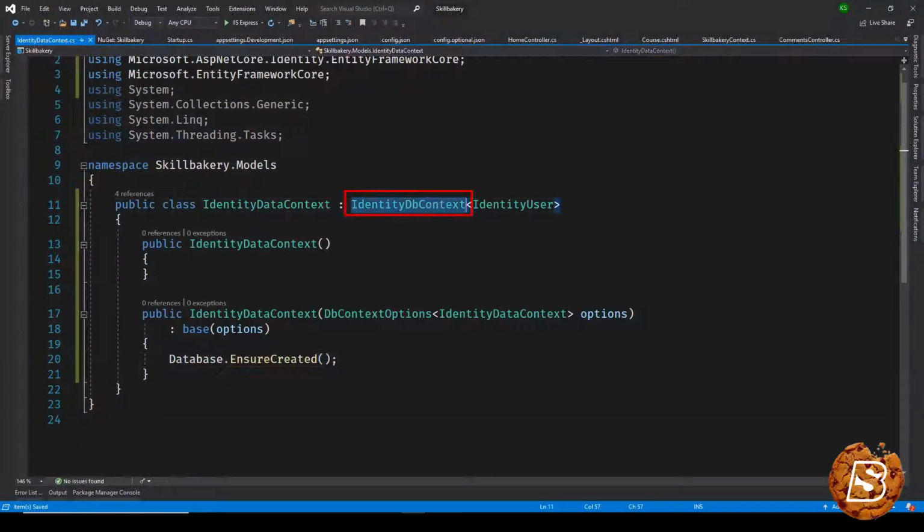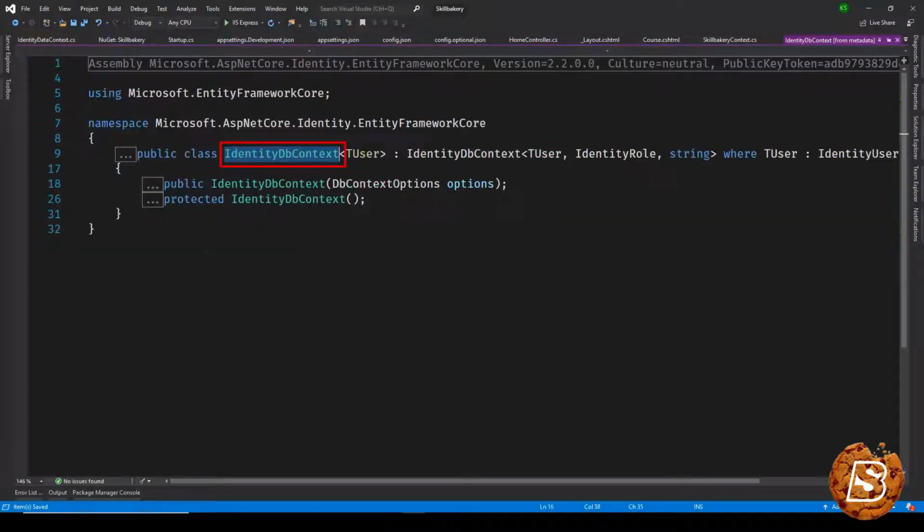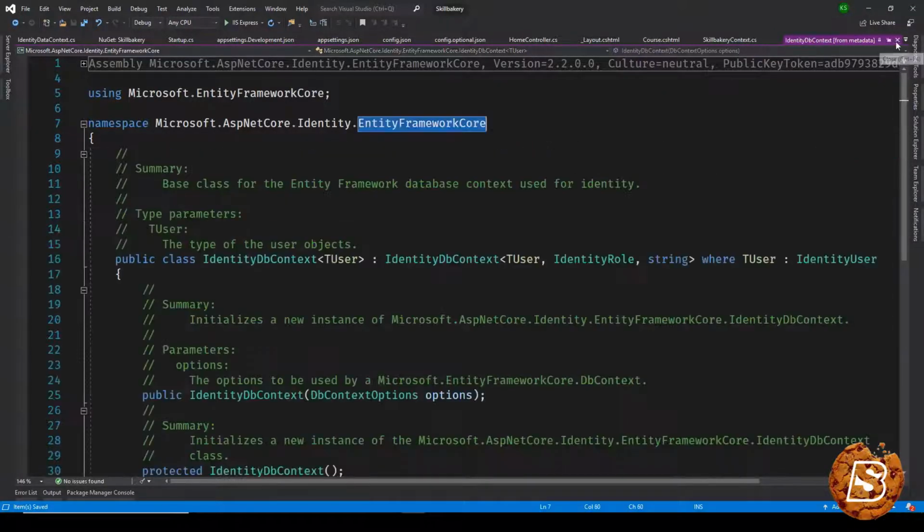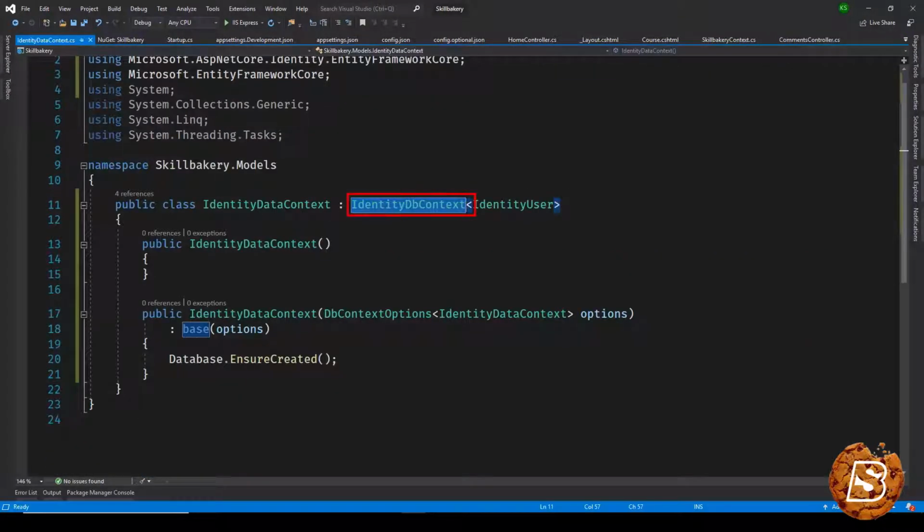Now if I take you to this IdentityDbContext, you'll notice that it already provides implementations for user, role, as well as claims,